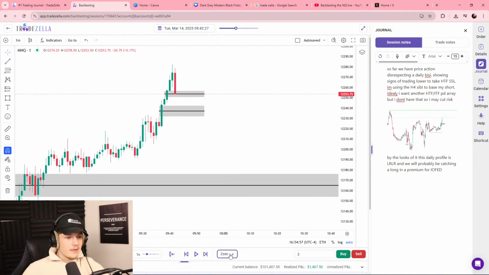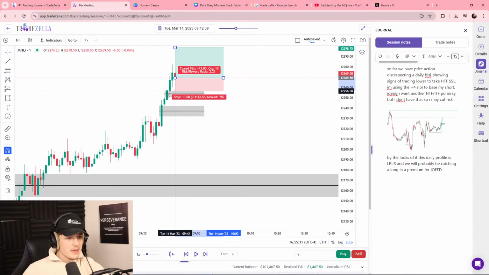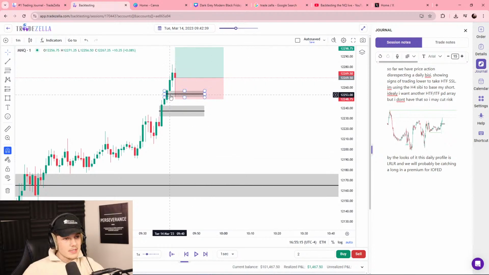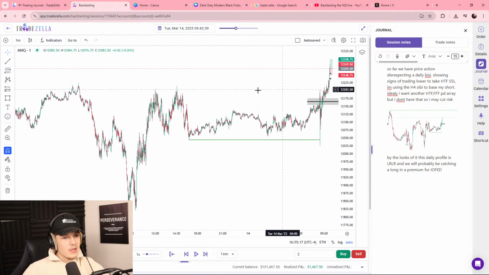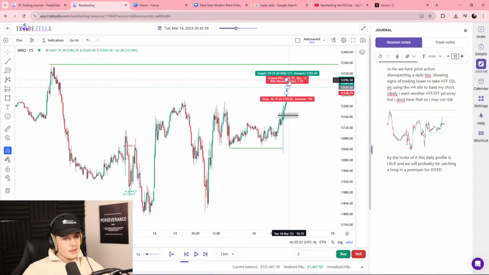Okay. Let's up it to 1 second here. Nice body. Okay, I'm going to pause here. I am going to take this long position. Now, where is my stop loss going to be? Right here. I'm not anticipating we go back lower again. I'm anticipating we continue up higher right from there. Where's my take profit? Right here.